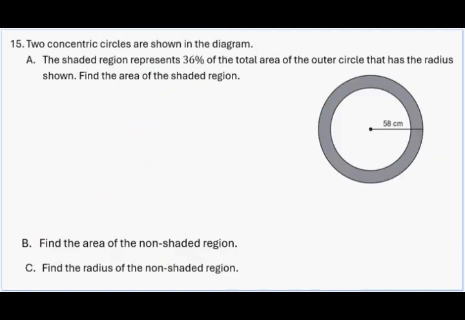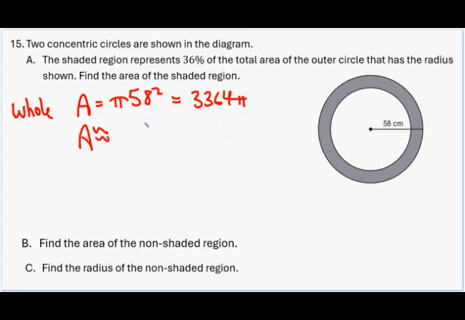Okay, number 15, we've got some concentric circles shown. We did an example and a Huddle problem like this in class. The shaded region represents 36% of the total area of the outer circle that has a radius shown. Find the area of just the shaded region. So I'm going to write here whole for the whole circle. The area of this whole circle would be area equals pi times radius 58 squared. So 58 squared is 3,364, and that would get multiplied by pi. So the area is roughly